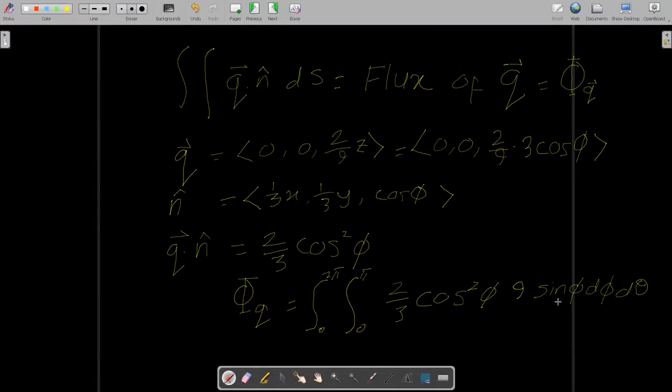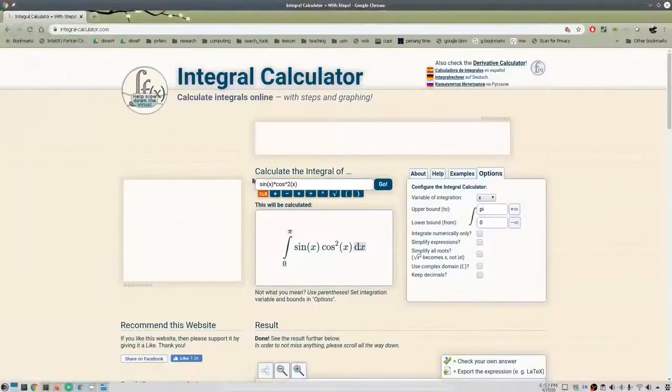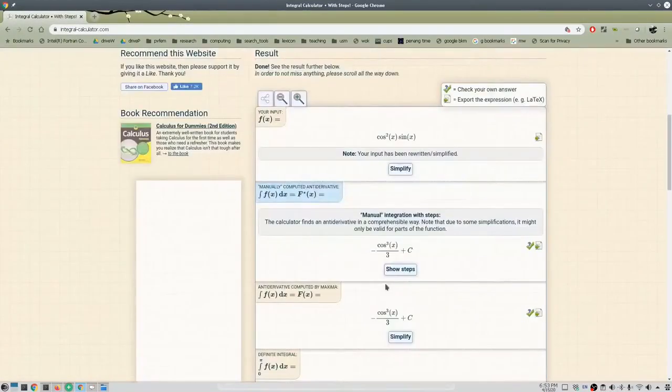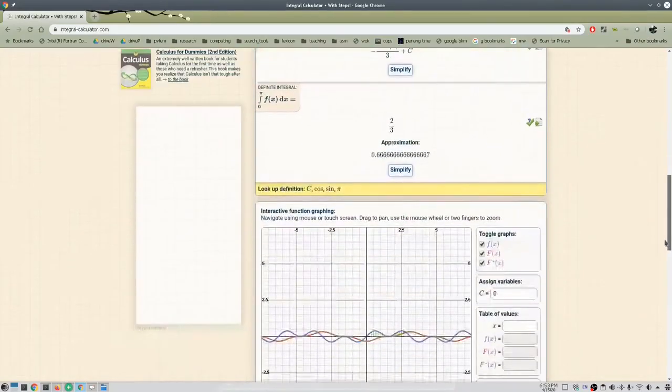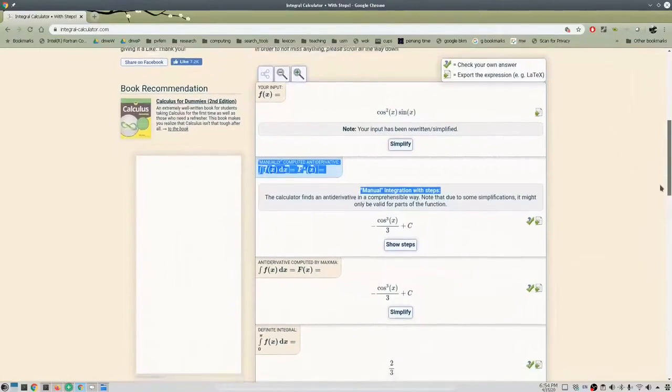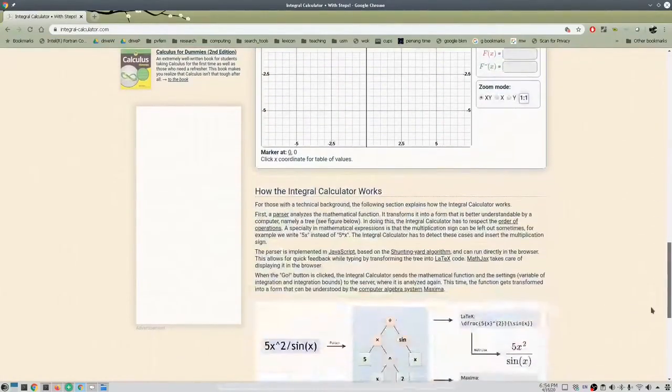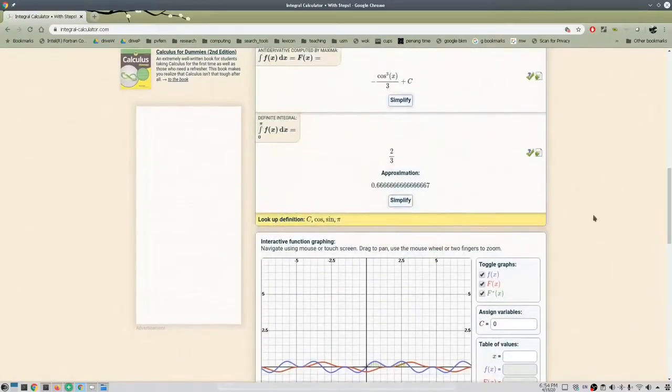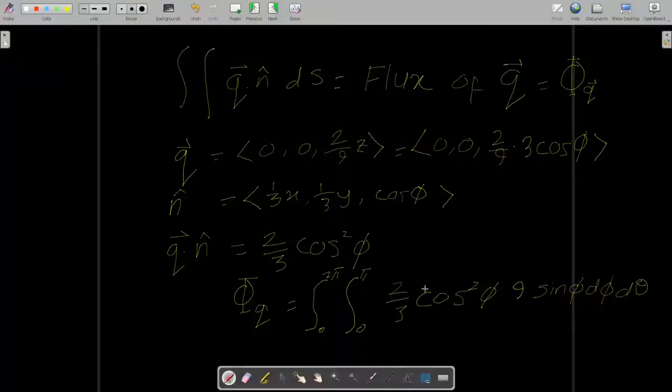The term is sine times cosine square, and I give the limit, 0 to pi. Then you just click on this and it will give you the answer. The nice thing about this is it gives you the step-by-step process. But you should know this by now. What we want is simply this final number here, 2/3. Now if you work on this, then the other integral is very simple